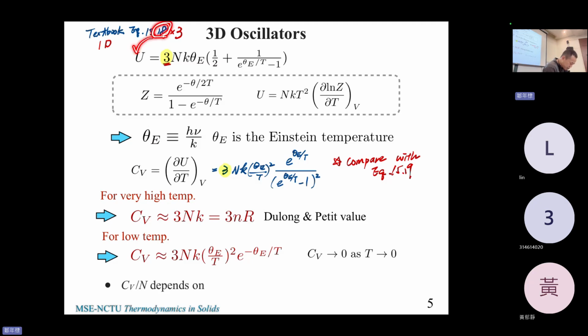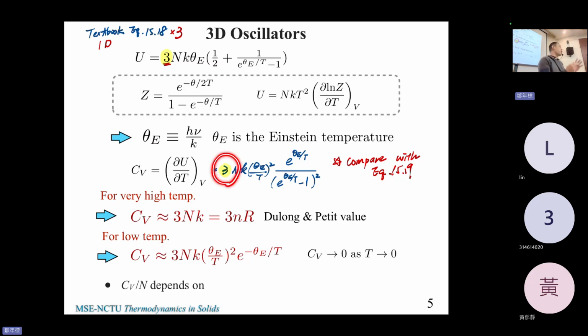Suppose 18 is U, then 19 should be CV. Why did I write 9? I'm not sure. My notes say 15.9, but if 15.18 is U, the next one should be 15.19. You can check at home whether it's 9 or 19. Sorry, it just seems odd to me. All right, so you can compare this, but you can see